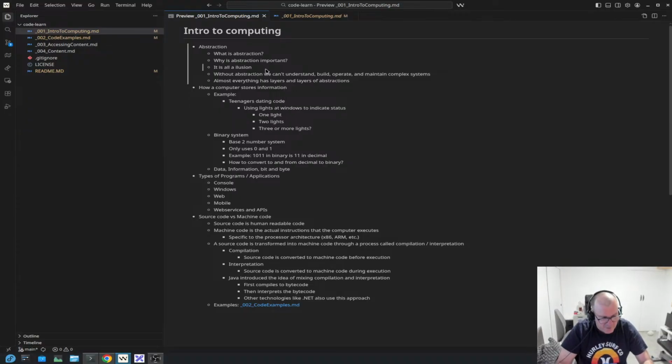You are driving a car and you accelerate, or you want the car to gain speed. As a driver, we don't need to understand everything that happens in a car when we brake, when we speed up, when we turn. We just want to know that if I brake, I want my car to reduce speed or stop completely. But almost nobody really knows everything that happens. We have an idea, but only if you are a mechanical engineer or something like that do you really know what is going on. So that is the idea of abstraction.